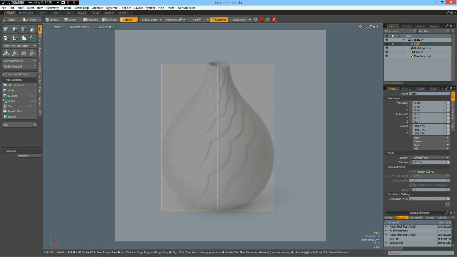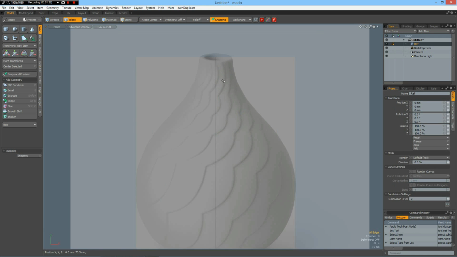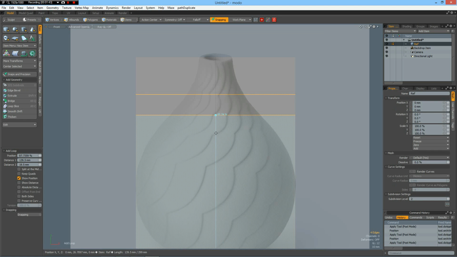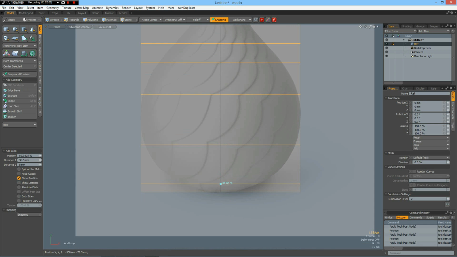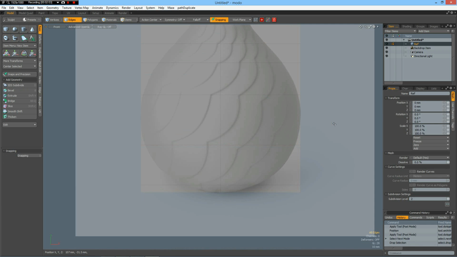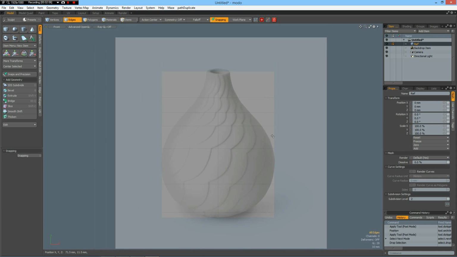This mesh is going to be our reference, and I can add in single edges now, Alt 4, like so, shift click, shift click, shift click, like about so, and another one here, like so, and a last one down here, something like this. Okay, now I press the N key